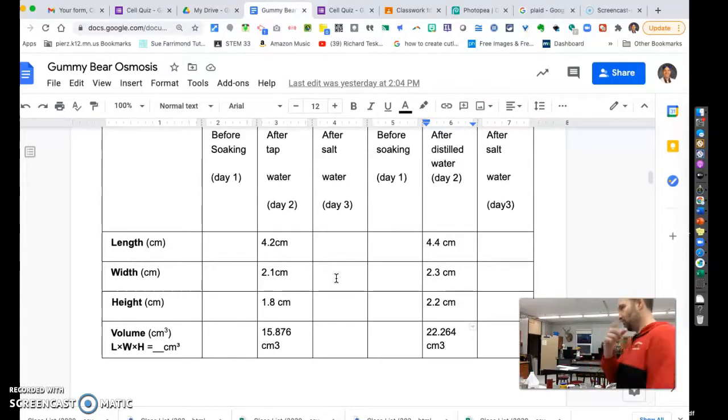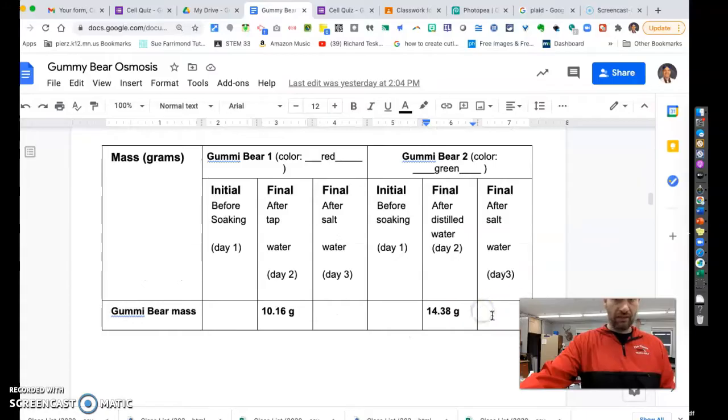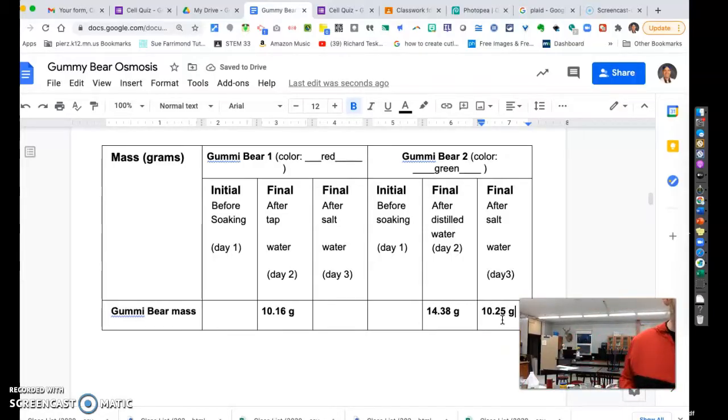All I have to do is figure out, give me 1 second while I turn on the balance. Okay, let me zero it, and then we can make some measurements. All right. So the green one is, I'm going to go down here because I'm doing this here. Okay. So the green one is 10.25 grams, and the red one